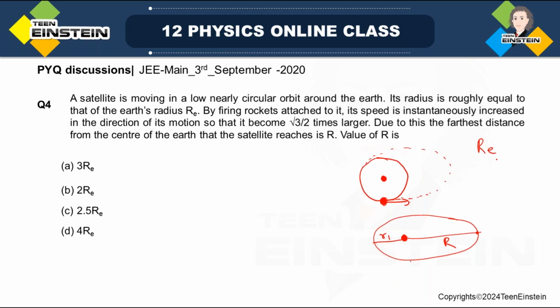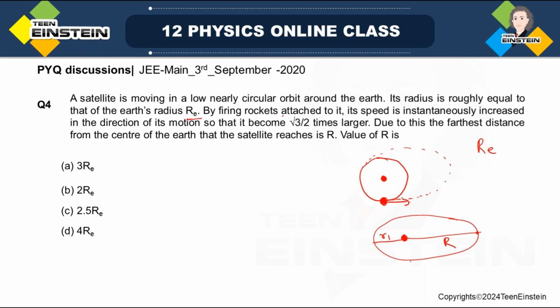Both the Earth and this satellite have the same radii. I'll just repeat the question because the question itself is a confusing one. Once you understand the question, the answer is not too tough. A satellite is moving in a low, nearly circular orbit around the Earth. Its radius is roughly equal to the Earth's radius